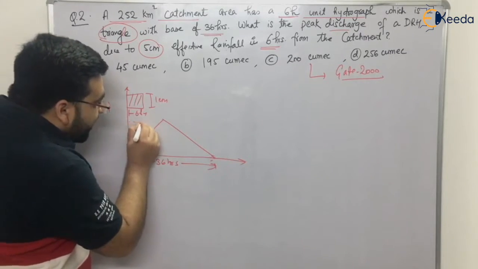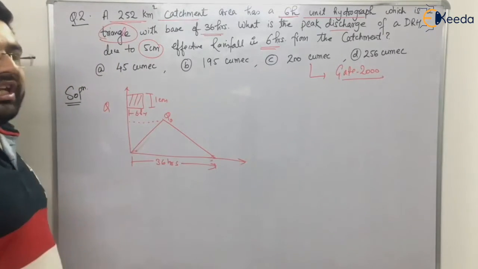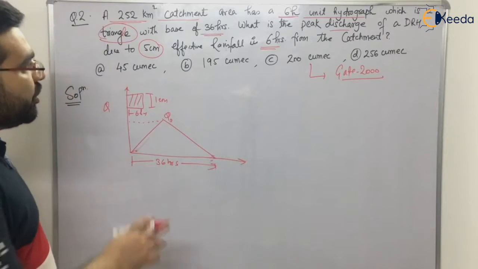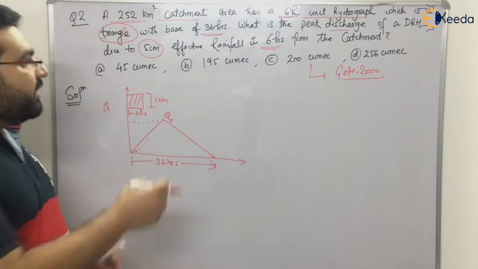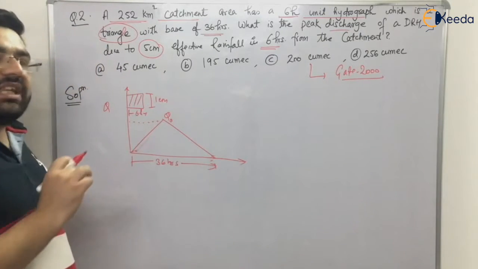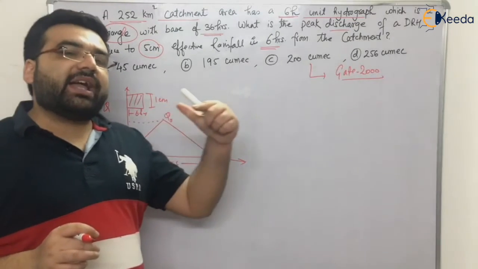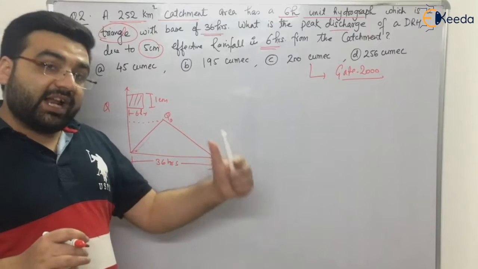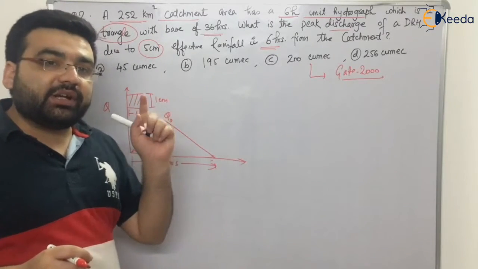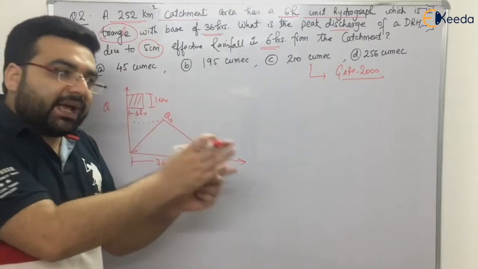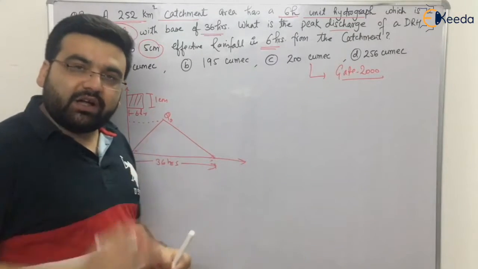how much is the maximum discharge Q naught. So Q naught is not given to us in this question, right? And you know that from the fourth assumption of unit hydrograph, if a 1 centimeter unit hydrograph is given to you for 1 centimeter effective rainfall, and you want to determine a direct runoff hydrograph for 2 centimeter, 3 centimeter, whatever centimeter, then just multiply the ordinates with that factor, you will get the answer. This is the linear response of a unit hydrograph.